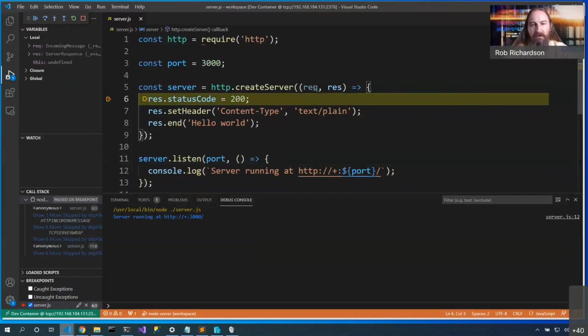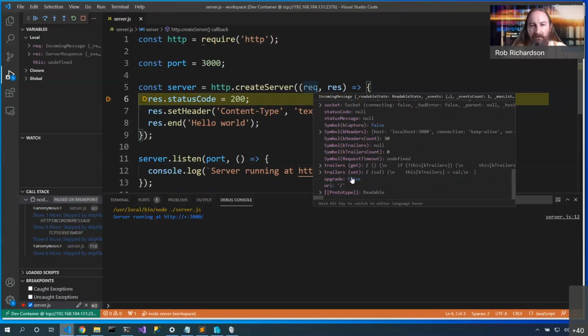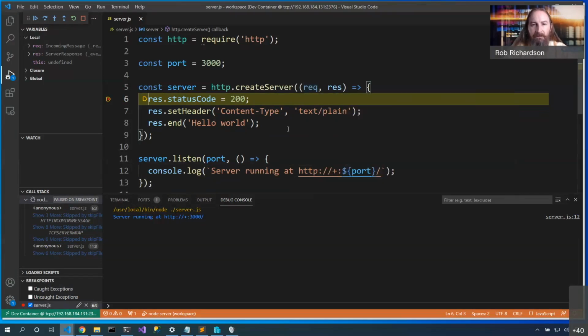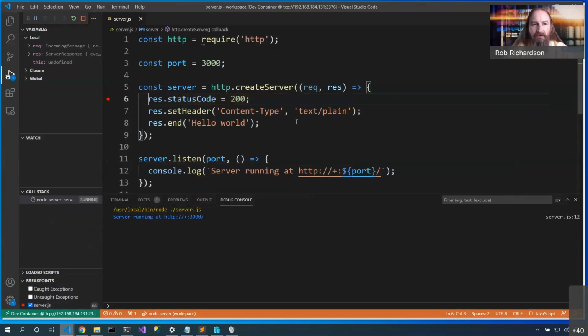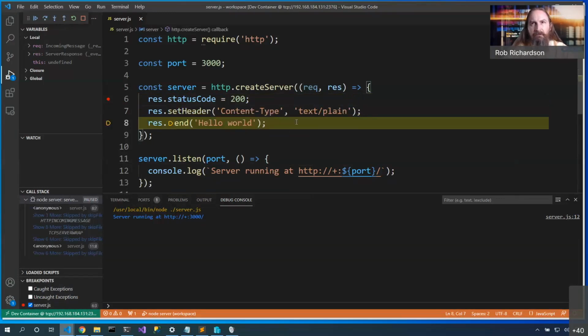Let's take a look at the request. Much like we would if we were debugging anywhere, we can wander through the variables that we have set. Here's the URL, and in this case, it's a /. Excellent. Now I can take a look at various variables. I can step into with F11, step over with F10, and do all the debugging that I need to.